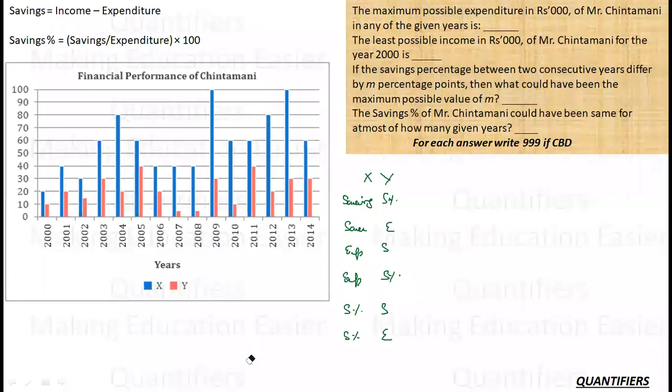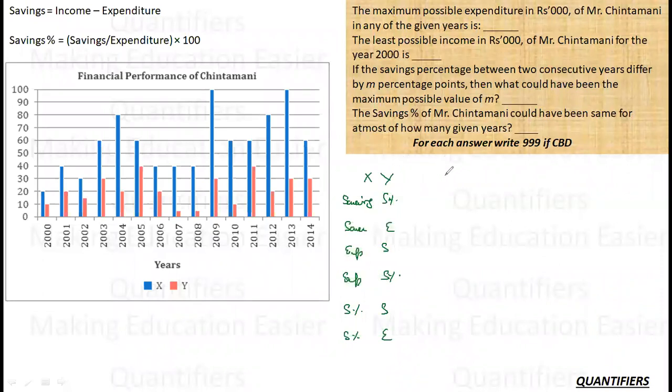Now I need to analyze the maximum possible expenditure. If I see, it is possible to pick one of the values as it is. Let's say I see this one as the maximum, I pick it, then my expenditure is 100. So I can pick expenditure in four ways. But there is one way that we need to analyze: if we take them as saving and saving percentage, is expenditure going to differ somehow?